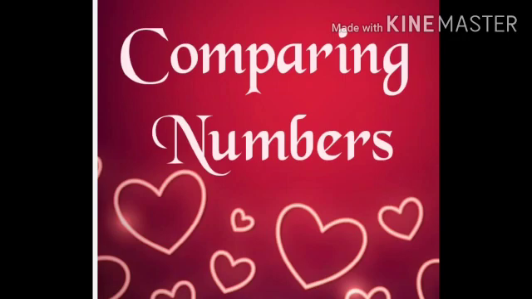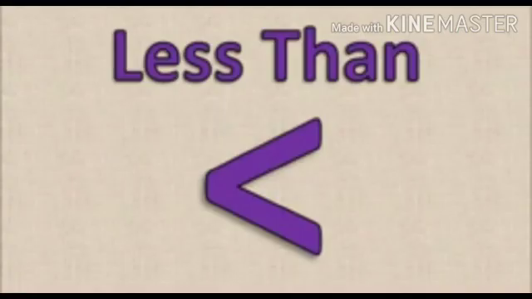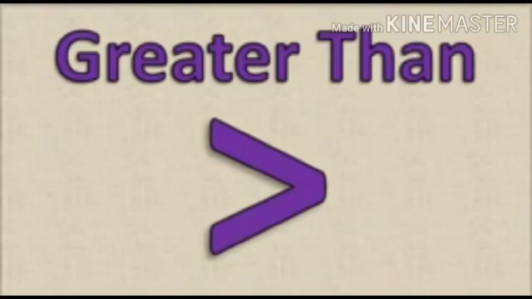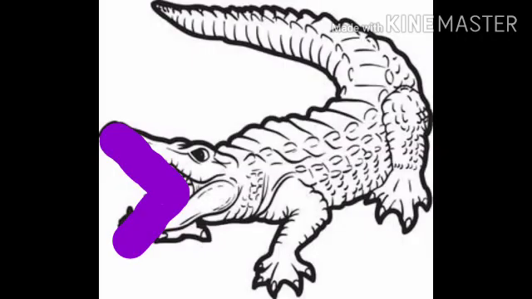So we are going to compare with the numbers. Now less than sign. How to remember? Have you all seen a crocodile? Yes, you can see the crocodile mouth is like this. Why the crocodile is facing to the right side? This is the greater than sign. Now the crocodile is turning to the left. Why it is turned towards the left side? Yes, we can see now why.